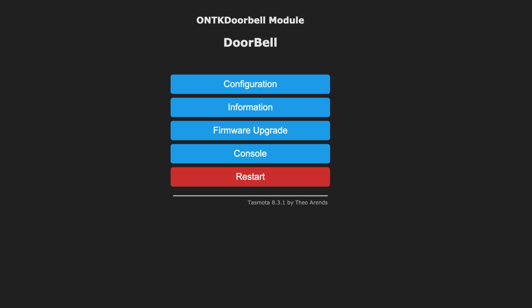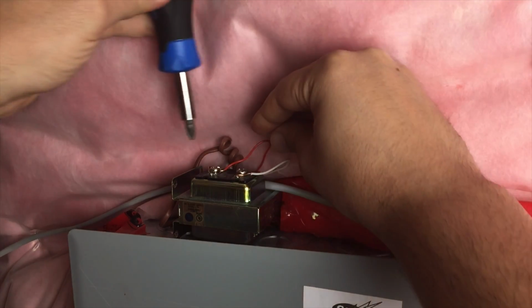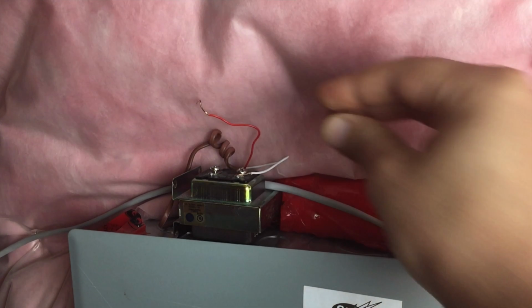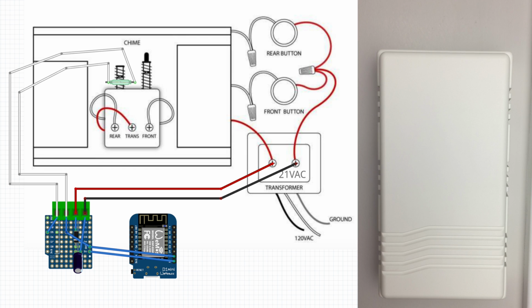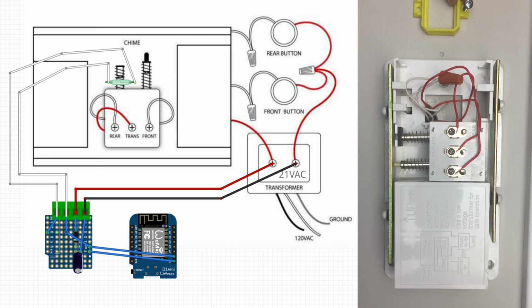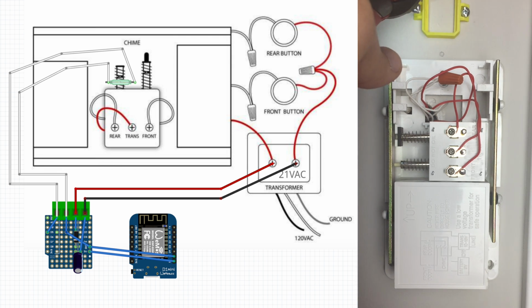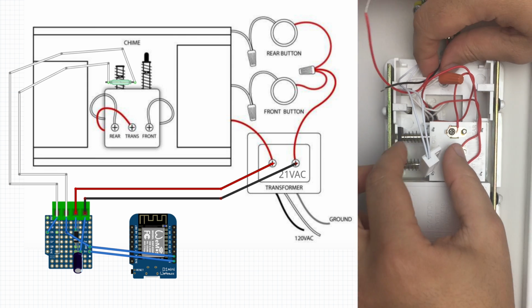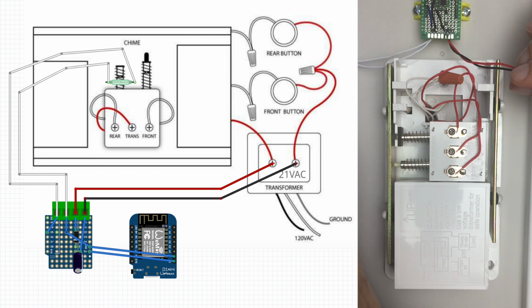Next, it was time for the integration. Before I started, I disconnected the power and then moved on to the setup. Attaching the device to the doorbell was easy. I removed the cover, attached the device to the wall using screws, connected the power wires,